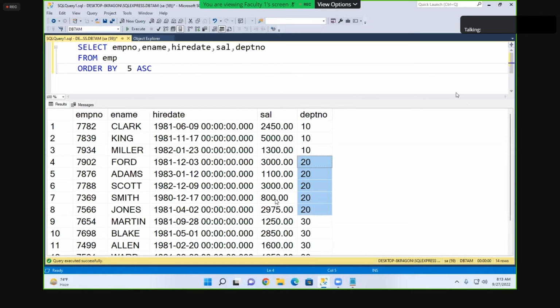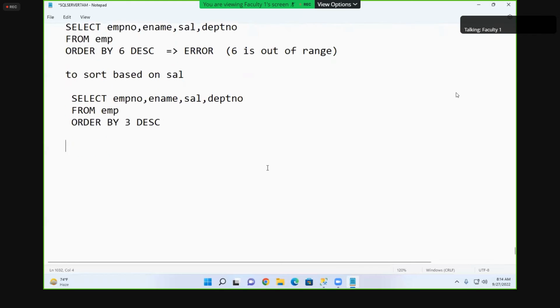That means first sorting is based on department, and within the department sorting is based on salary. So that is why sometimes you come across sorting based on multiple columns. Like for example, the question is: arrange employee list department wise